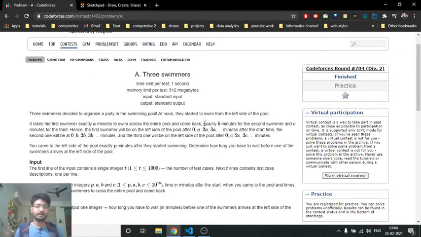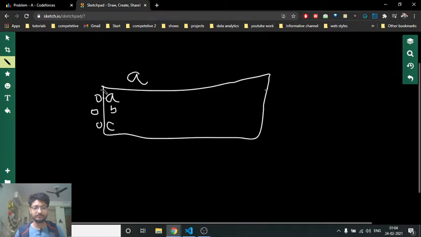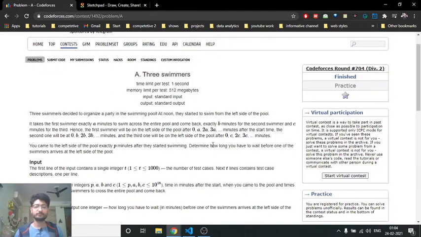So as you can see, they are continuously moving around the swimming pool like this. At the 0th point the first person will be there. After a it will again come back to this left point, and after 2a, because as you can see after a it can go from this point and come to this point. After again a it can go to this point and come to this point. So the time will be 0, a, 2a, 3a, and so on for the first person, and similarly for the second and third person to come to the left part again.